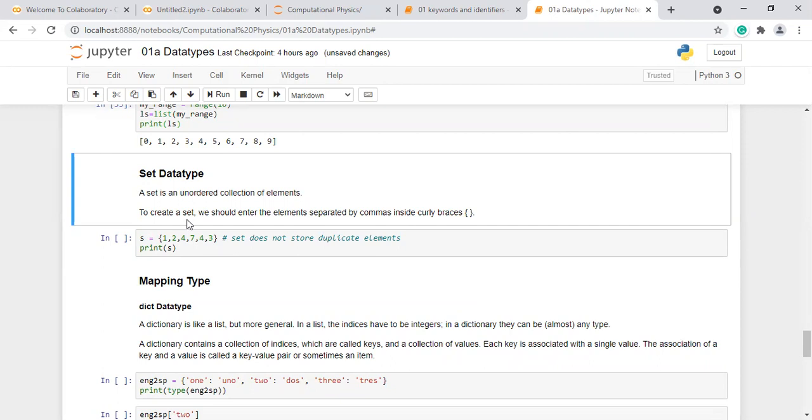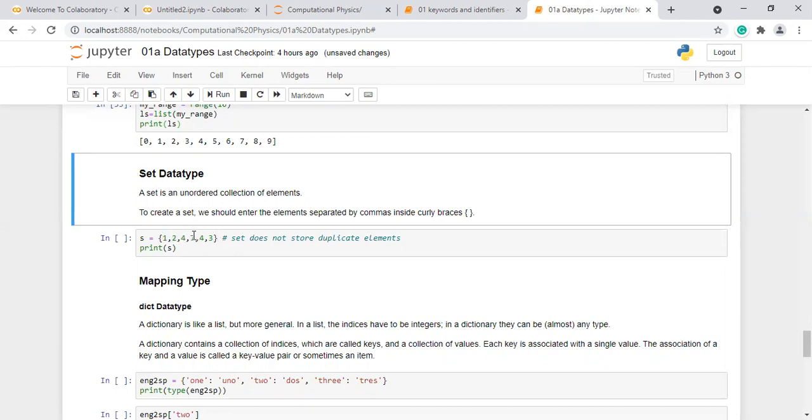To create a set we should enter the elements separated by commas inside curly braces. So within curly braces, 1, 2, 4, 7, 4, 3.